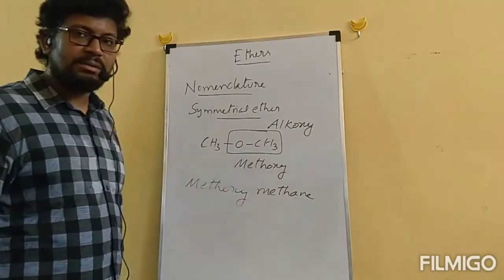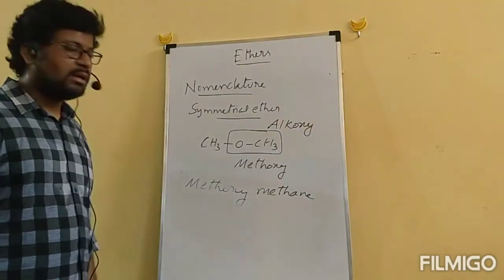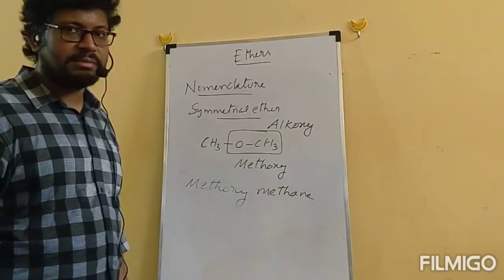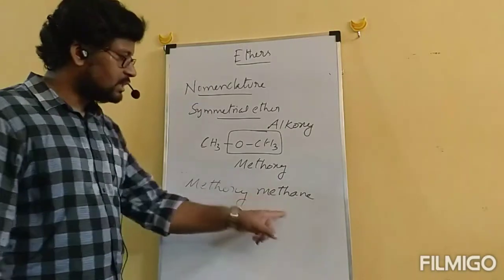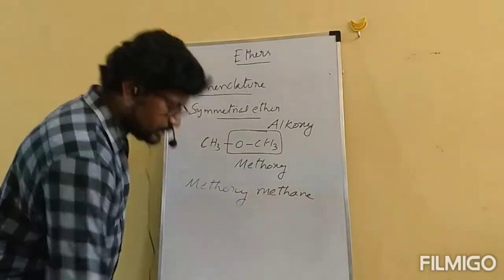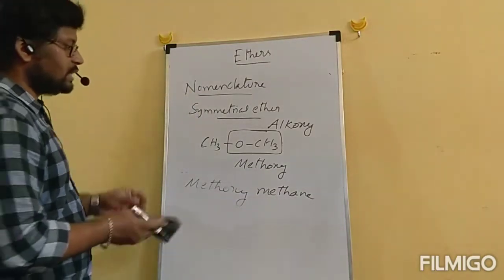Join any one alkyl group with oxygen and it is called alkoxy, and the remaining carbon chain contains how many carbons? According to that, we will complete with this alkane. This is treated as methane. Okay, this is how we will give the name for symmetrical ether. Next,